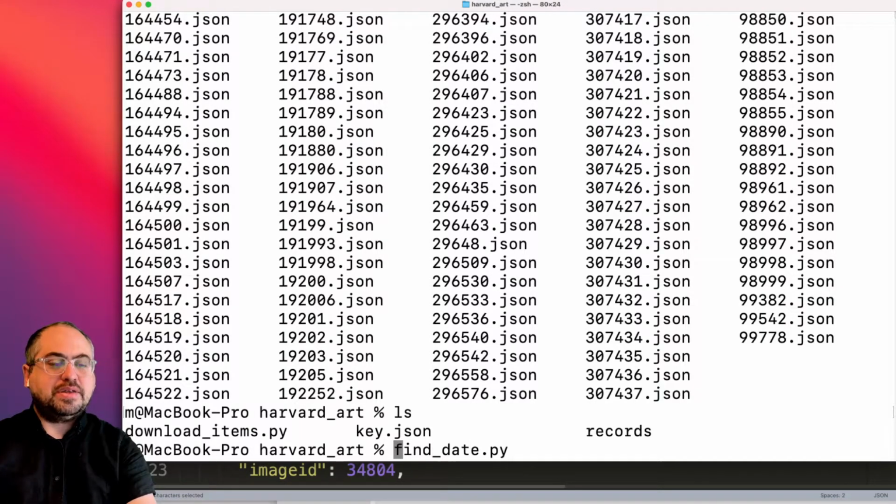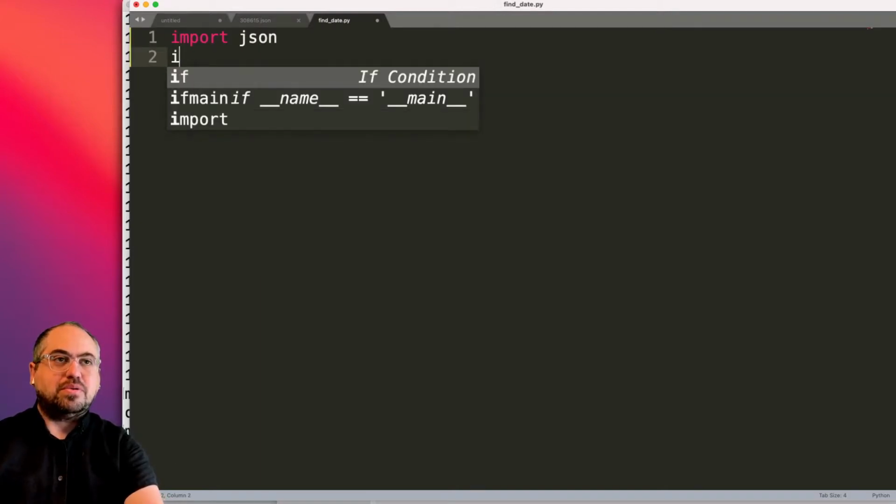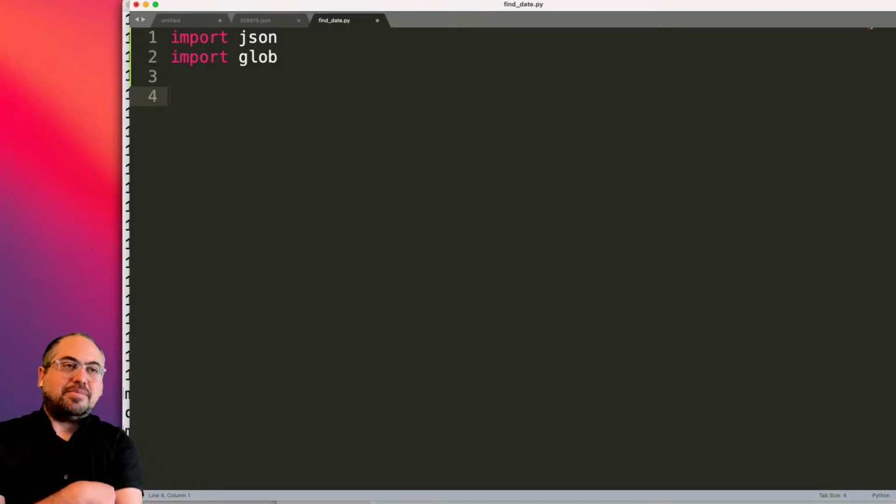So we're going to edit that file. And these files are stored in JSON, so we're going to import JSON. And then also, like I said, we're going to import a library called Glob, G-L-O-B. What Glob does is it allows you to send it a path and a file name path pattern, and it will return a list of those